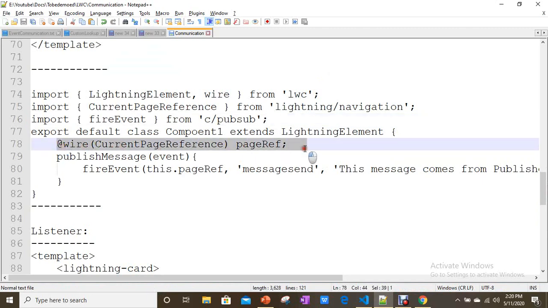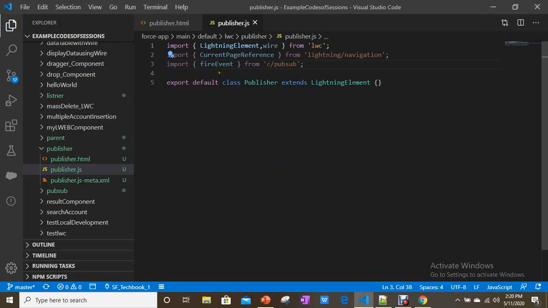And then you have to declare or define a page reference property by using current page reference. Done.